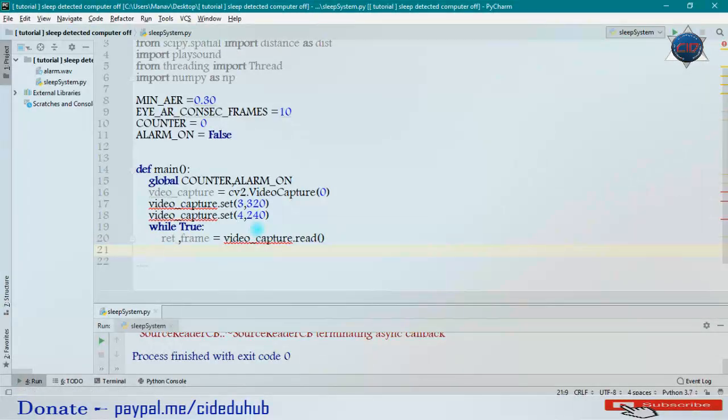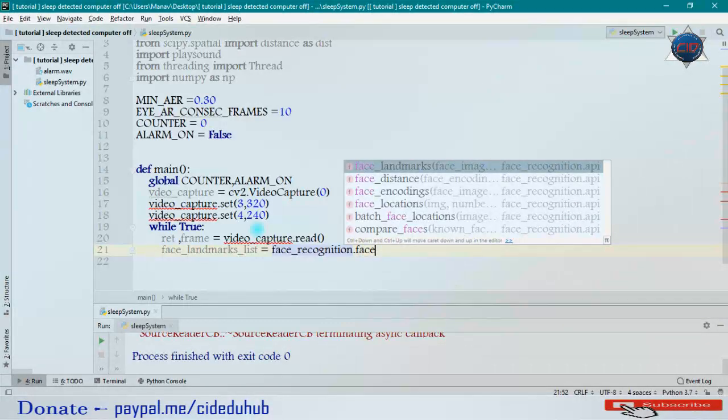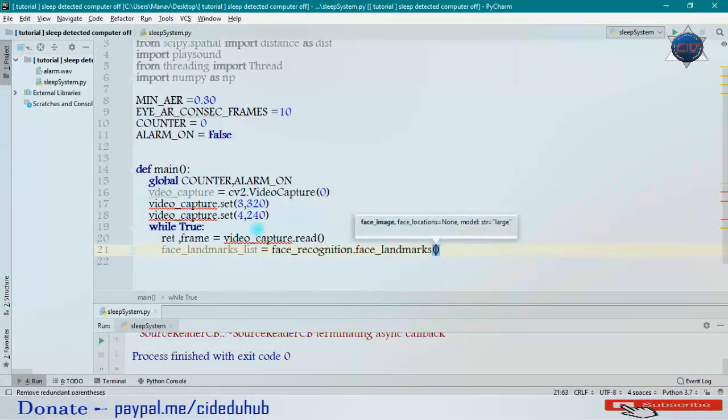So it will read the video capture, and now let me get the facial landmarks from this frame. So I will use a variable and name it face_landmarks_list. Now I will call face_recognition.face_landmarks, and under this I will pass frame.